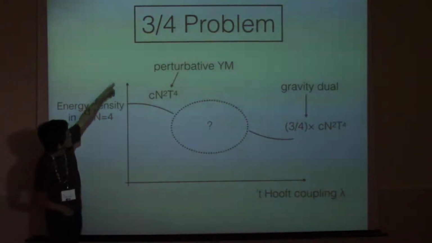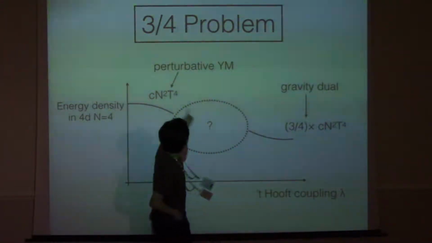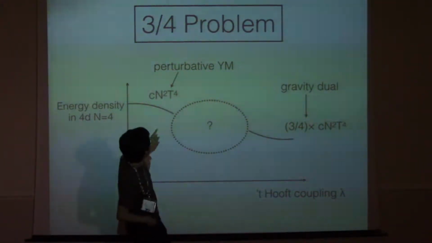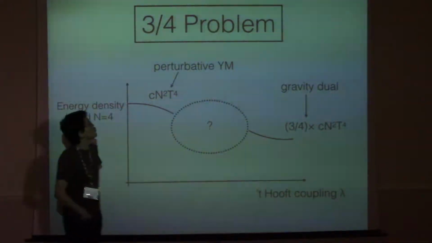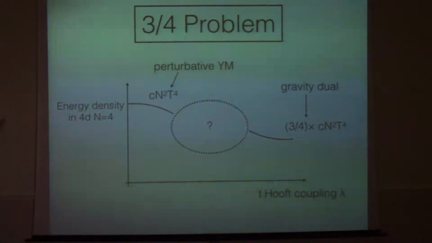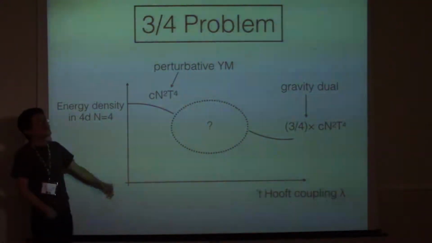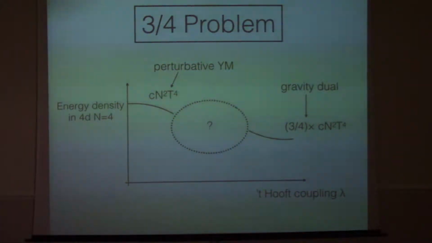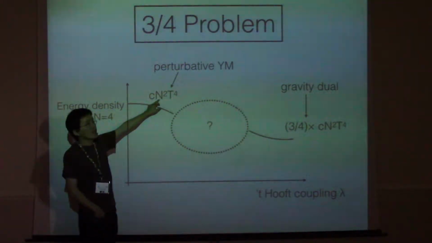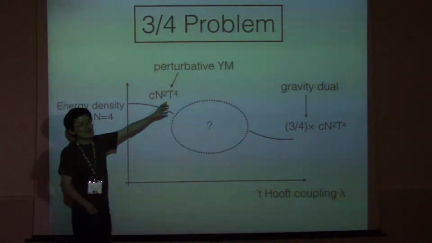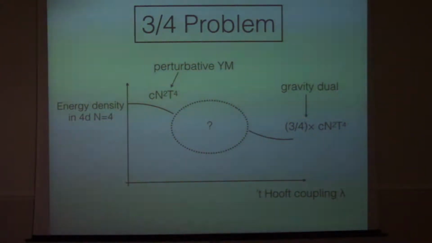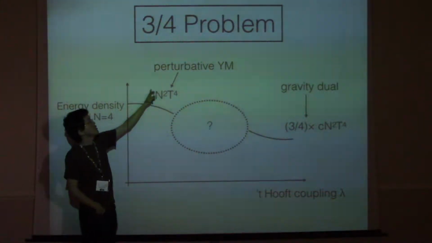So they plotted it as a function of temperature. For each given temperature, they plotted it as a function of the 't Hooft coupling lambda. Many gauge theories can be considered, but people first studied the maximally supersymmetric one. At weak coupling, of course, we can do a perturbative calculation on the Yang-Mills side, and they got some number times N squared times T to the fourth. N squared and T to the fourth just follow from 't Hooft counting and dimensional counting,